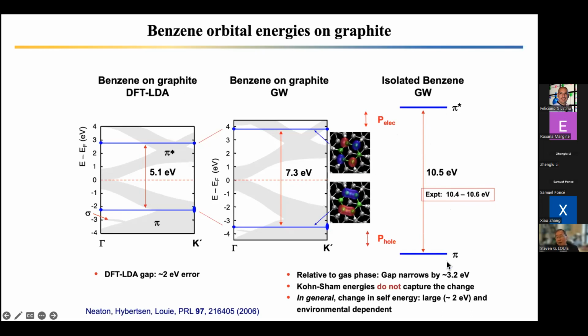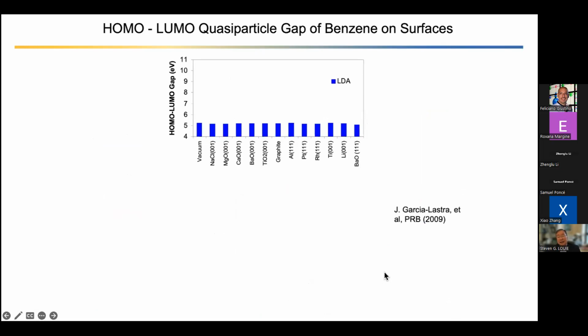It can modify that by a few electron volts, which was not able to be captured by the Kohn-Sham eigenvalues. So in general, the change in the self-energy can be quite large due to environmental effects and could be on the order of 2 electron volts. And this set of examples also shows a clear importance of